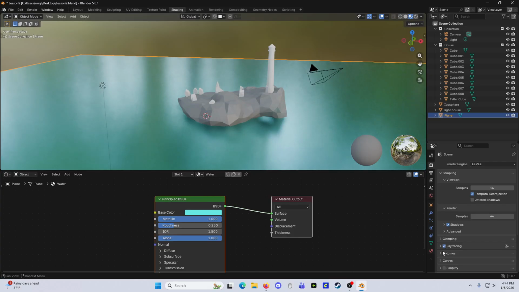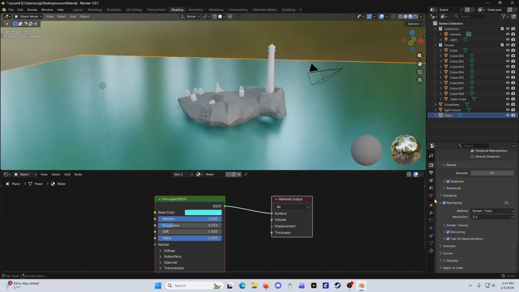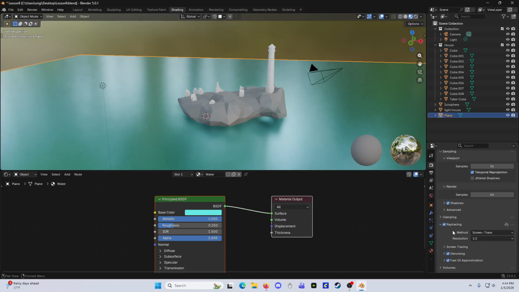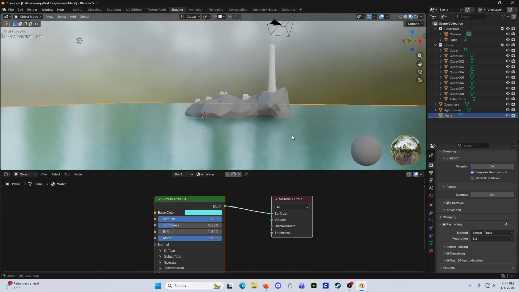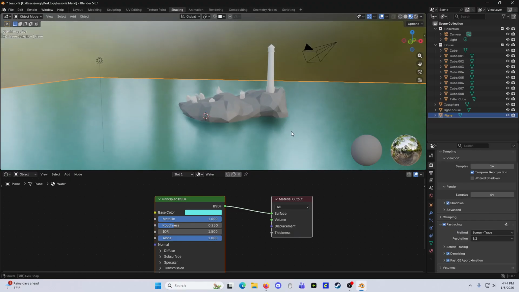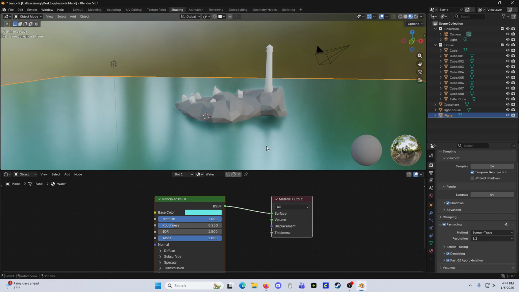Let's make sure. I think this is the render. All right, so it's rendering for the reflection Eevee, and then the ray tracing. So we can see a little bit of the reflection of the,